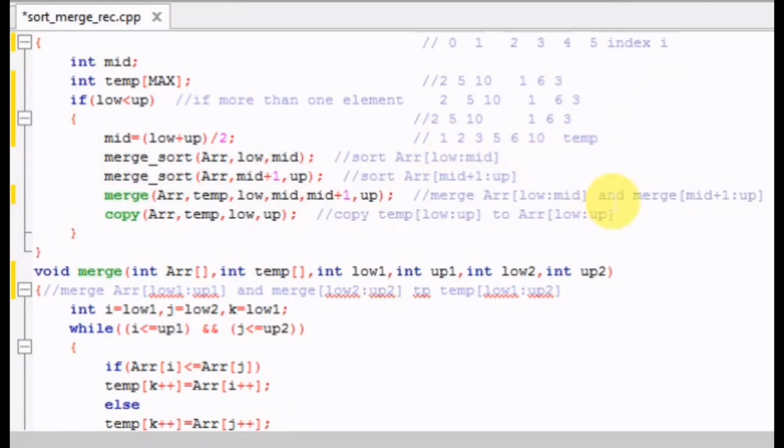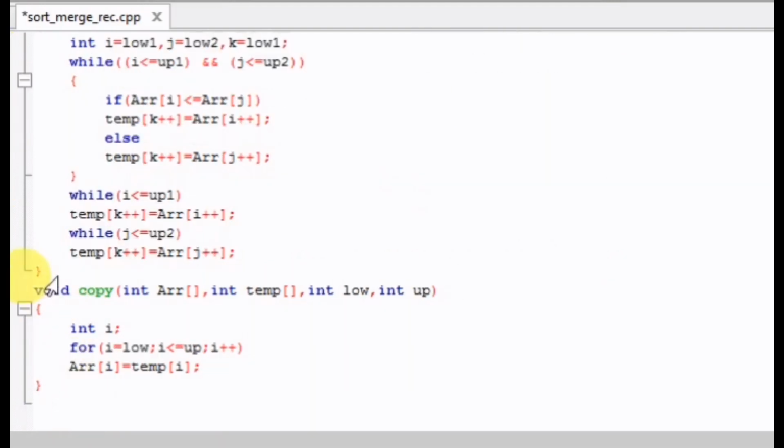So now after all the sorting operations, we need to copy all the elements from this temp array to our actual array ARR, right? So this function is called for copying the elements of the array temp to the array ARR. See, this is the block for that copy function.